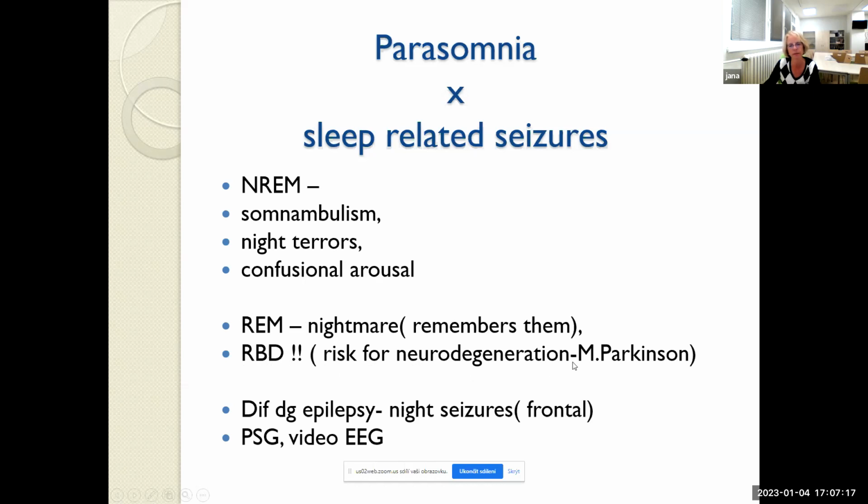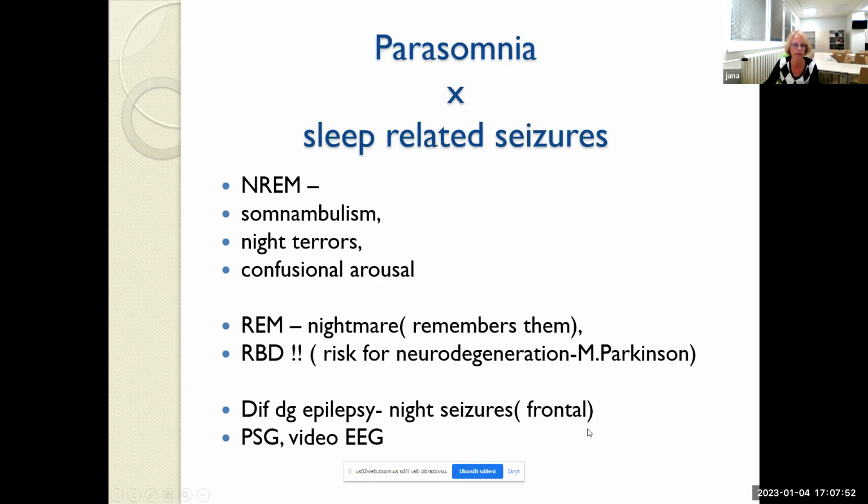neurodegenerative illness, morbus Parkinson in time. It could be previously as a clinical sign, almost 8 years before the Parkinson disease appears. So it could be very important to know about this. But even though we know that it is somehow connected, we cannot stop the brain of the patient from evolving into Parkinsonism. And epilepsy is very important, let's say, for me, especially frontal lobe epilepsy, because